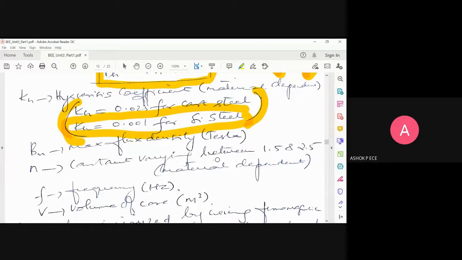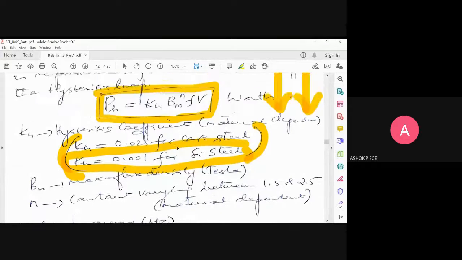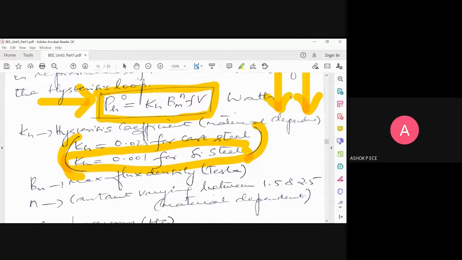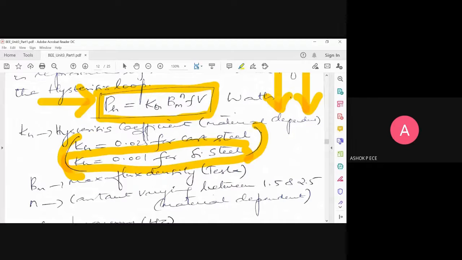Okay. This hysteresis may be new to you, but remember hysteresis means lagging behind of magnetic field from electric field. And the reason, I told you, it is very slow to adapt itself. And the hysteresis is modeled as hysteresis loss given by this PH value. And what is the conclusion from this PH? I can minimize hysteresis loss by using core made of silicon steel, which is going to have a lower KH value. Okay, so this is one loss.